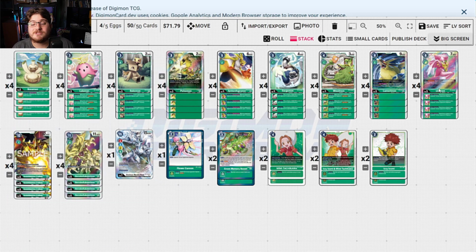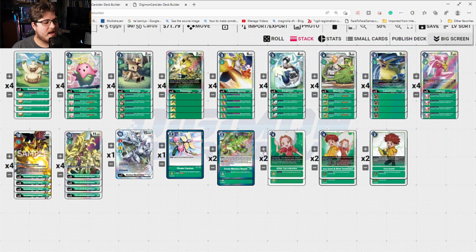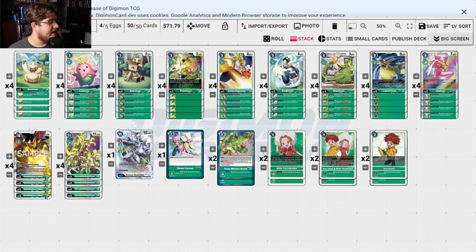Adding more pressure, getting you into those hits. But what's also really nice about Lilamon is if you have a Tamer in play, suspend one of your opponent's Digimon. Really useful for that on swing. Then let's talk about the next Gene deck